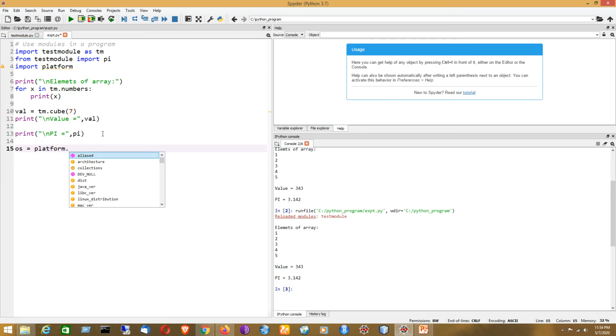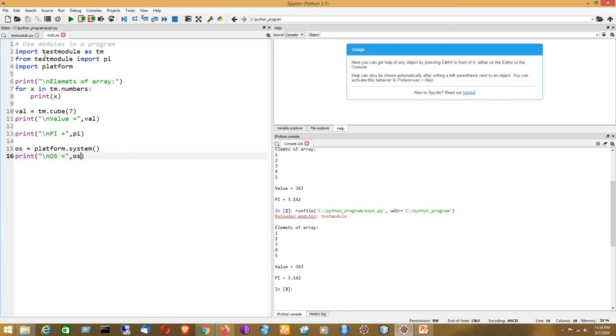Clear? So platform dot, say for example, if I am writing system, it is basically a function. You can see here that is a function. I am pressing enter here, so it will be selected. Now the operating system will be returned by this function. It is getting stored in this variable. Now if I write here a print statement, and suppose I write OS in capital, the variable OS is basically mentioned over here.